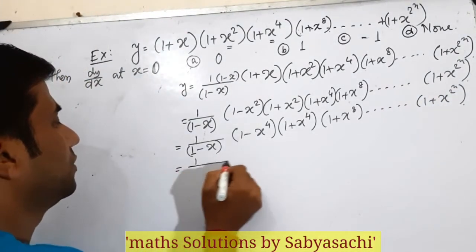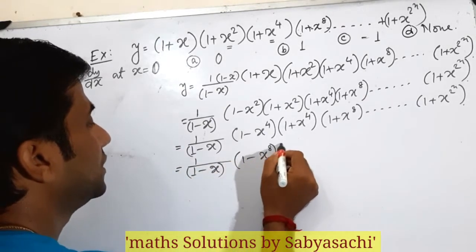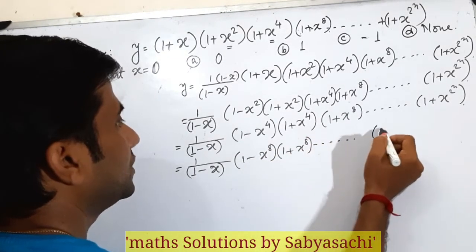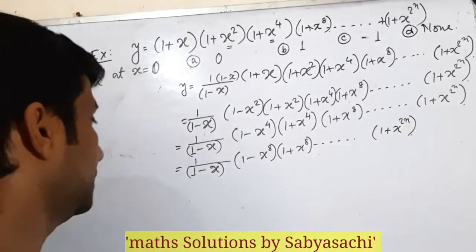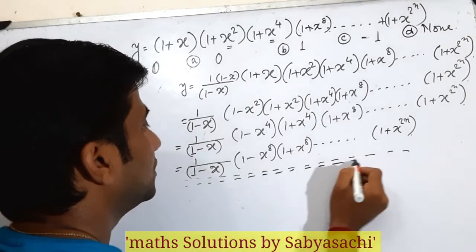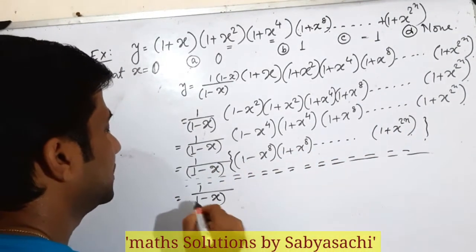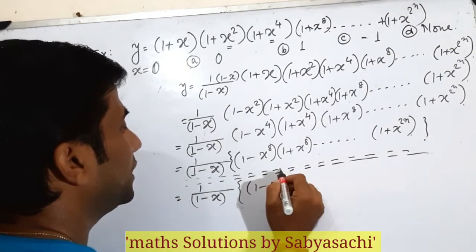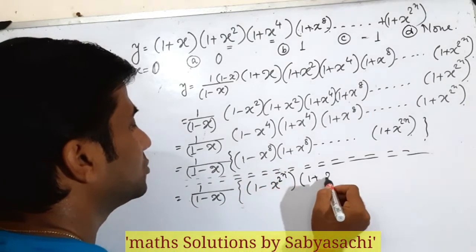So it is 1 by 1 minus x, (1 minus x to the power 8)(1 plus x to the power 8) and so on up to 1 plus x to the power 2n. In this way, after n terms, we get 1 by 1 minus x. This is equal to (1 minus x to the power 2 to the power n) into (1 plus x to the power 2 to the power n),